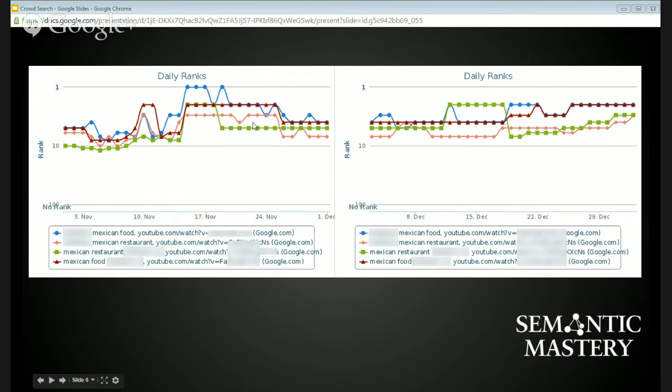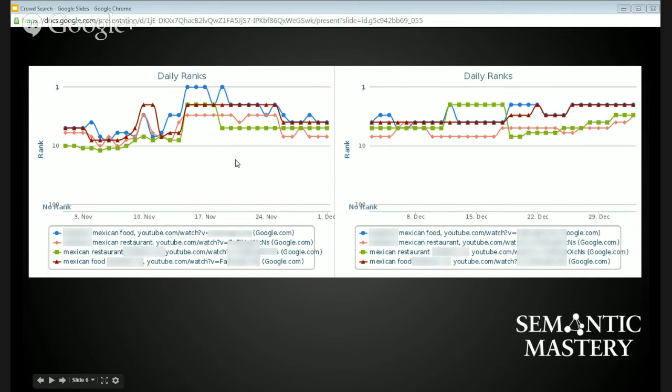You can see that it jumped up, and I wanted to show this month too, because I didn't want to just show the month of November, because I've got it running consistently. And you can see for last month, I should say, December, you can see all of November and December that I've been able to keep the video on page 1 because I've got the constant search and clicks and views. There's dwell time, so